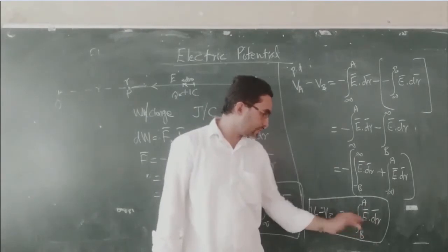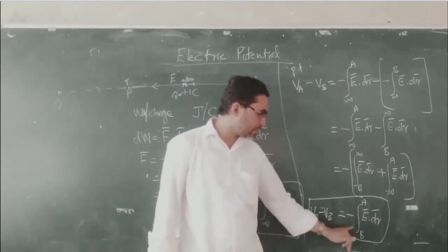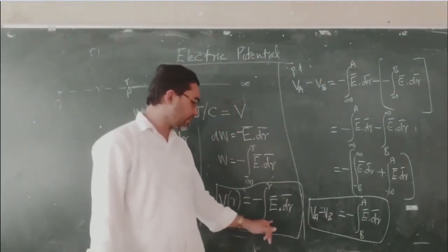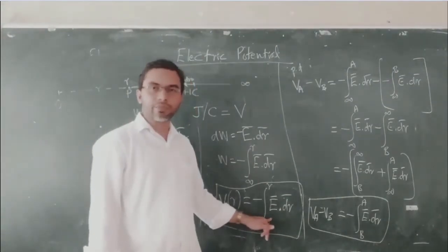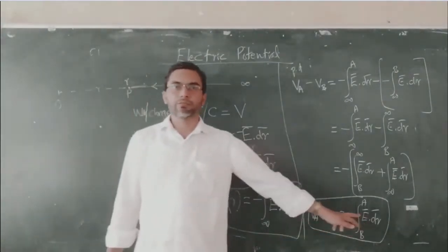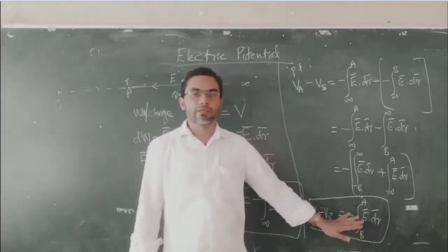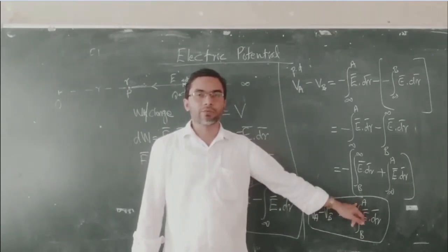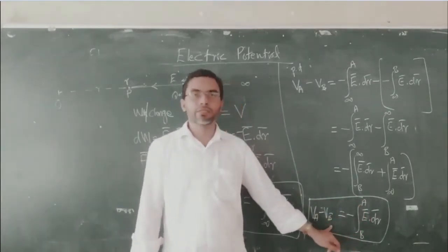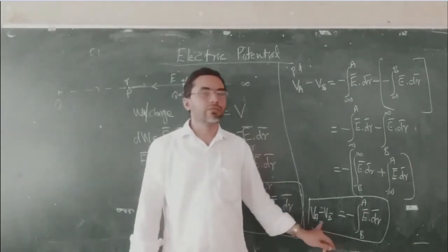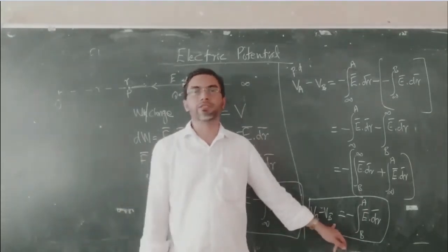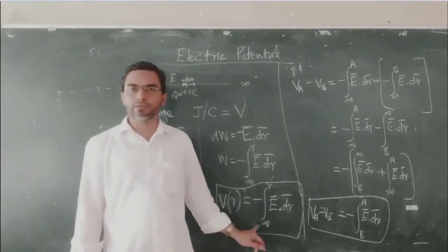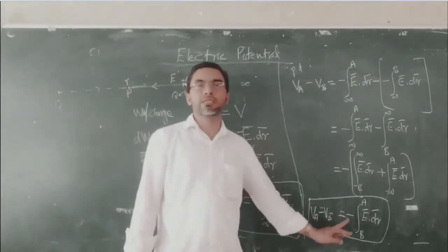And you can see this electric potential difference is independent of the reference, that is, it is independent of infinity. For defining the electric potential, you have to fix a reference. But for defining the electric potential difference, a reference is not required. You just subtract the electric potential of one point from the electric potential of the second point. So the electric potential difference between 2 points is independent of the reference point, but electric potential at a point depends on the reference point.